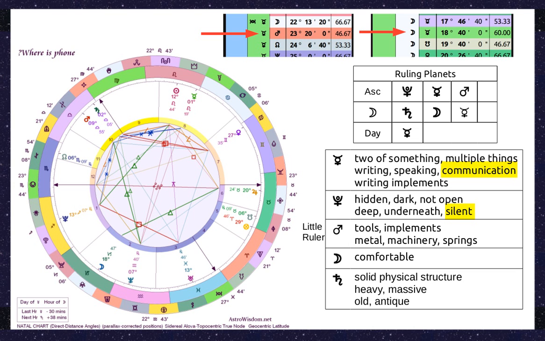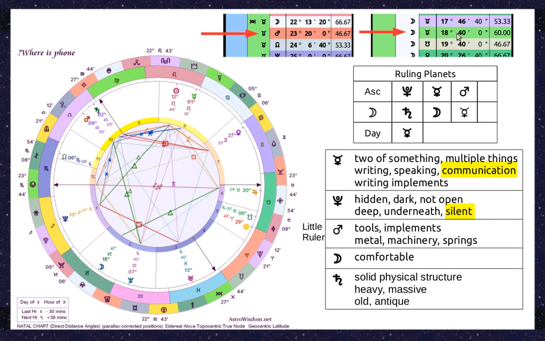The moon is down here in 18 degrees of Capricorn, 47 minutes. This small constellation is called the Ear. It happens to be ruled by the moon, but we're going to look up 18 47 of Capricorn in the chart that's on my website. Capricorn is an earth sign, so we look in the green column, and we see that 18 47 is after 18 40 and before the next one.